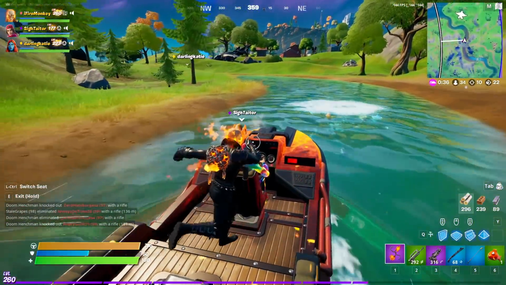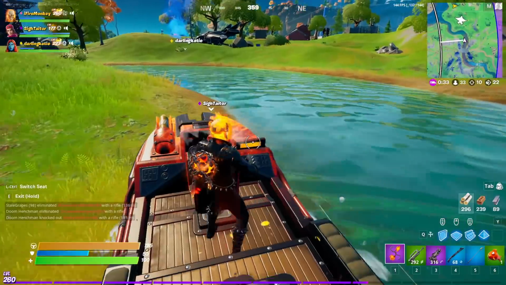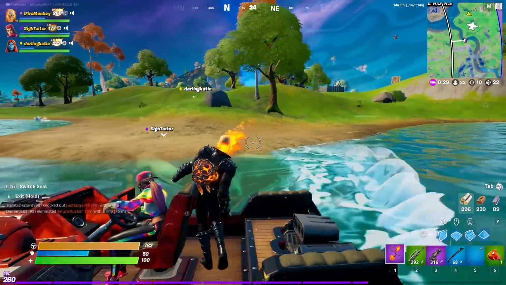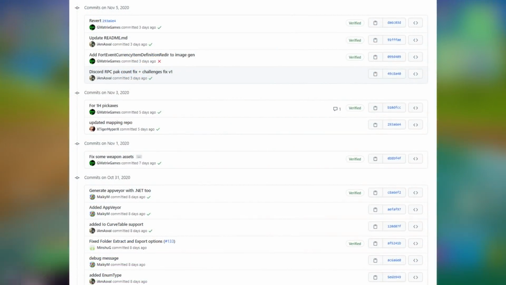So all that's cool, but how does that explain what the future of leaking will look like using a program such as F-Model? Well, as of right now, F-Model is going through a lot of development stages trying to learn more about how to use a UCAS file, and the same goes with U-Model. Both of them are really trying to develop and make their programs good for the consumer to use.